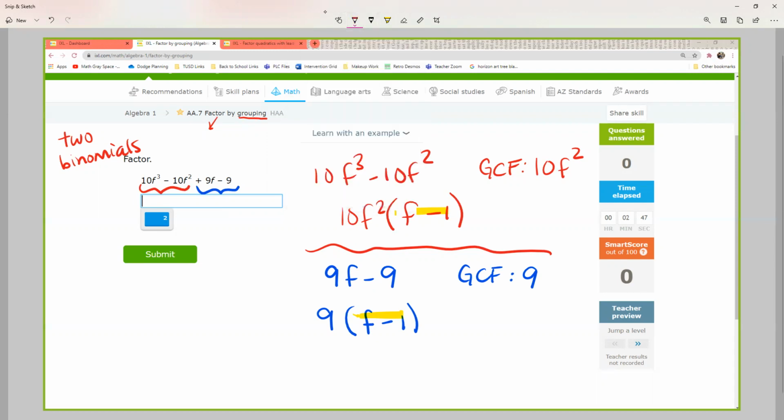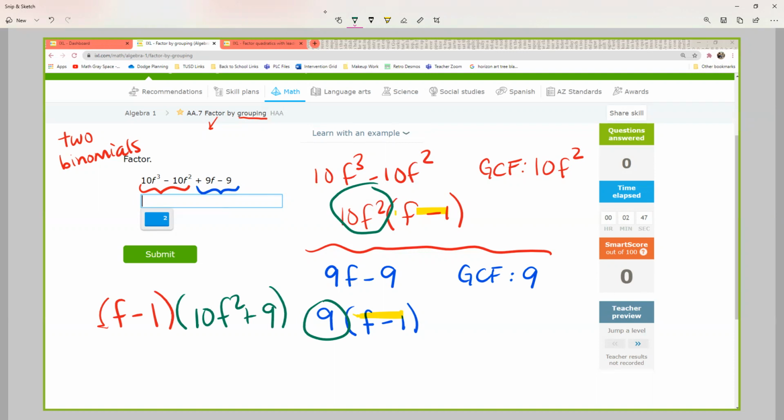So the first binomial is the one I just highlighted. It doesn't actually matter which order you write them in. So f minus 1 is that same one that's there. And then these 2 pieces make up the other binomial. So this is a positive 10f squared and a positive 9. So just to point out,